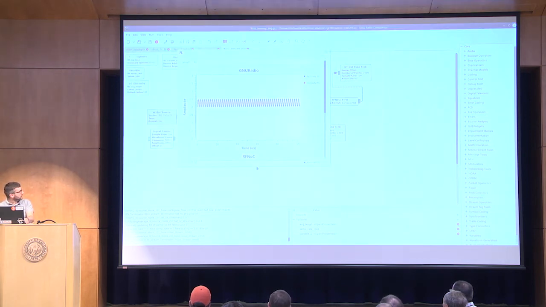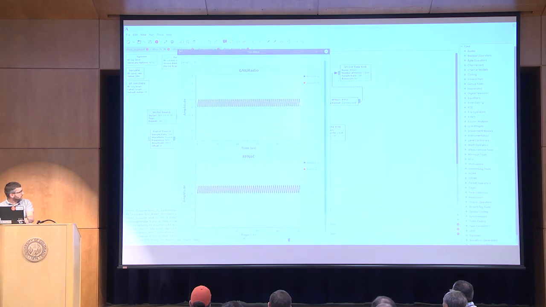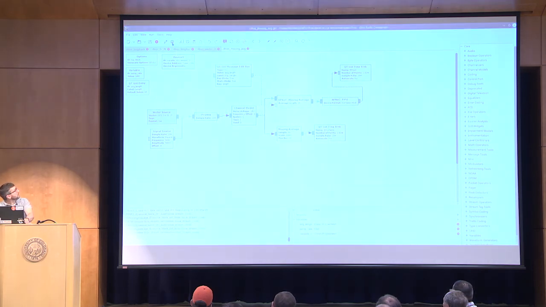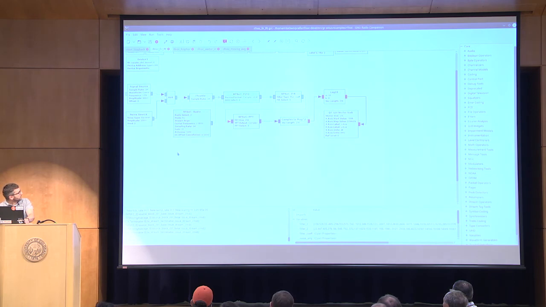So this is actually real-time data. The bottom one is coming out of the RFNoC block, and the top one out of GNU Radio. And I can trigger here and then look at it more closely, but it's clearly very, very similar. If I would actually trigger and then zoom to the exact same window, you'd see it'd be the same. What I input, by the way, was a square wave, and then I made my moving average length the same as the half-duty cycle. That's why I get these triangles. So it's nice to see in GNU Radio and RFNoC we get the same results, so I'll consider that a success. By the way, this is the flow graph that I was mentioning earlier, where we do